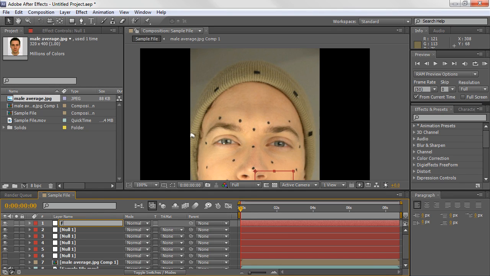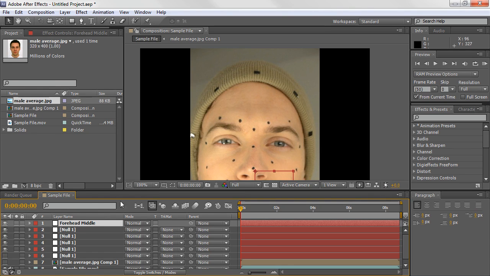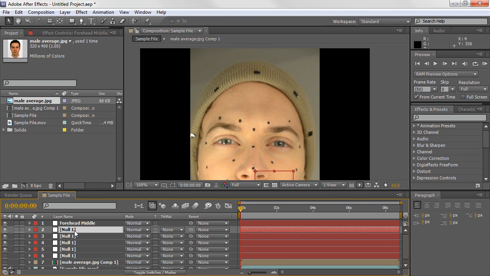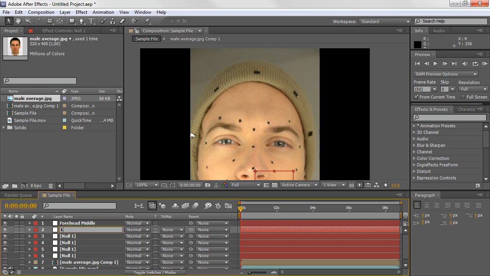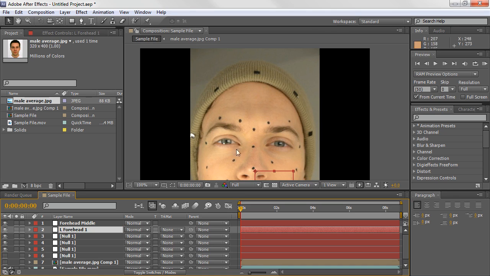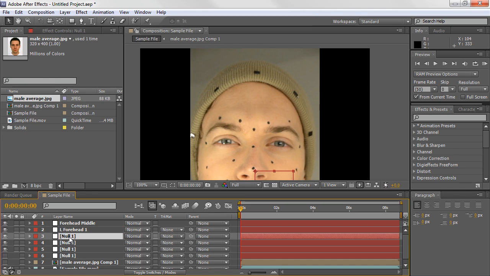No, actually we'll call it forehead middle. And then we'll name for this dot, remember we're working from the middle out, left first, then right. So we'll name our second null object L for left, forehead 1. And then we'll name for this one left,